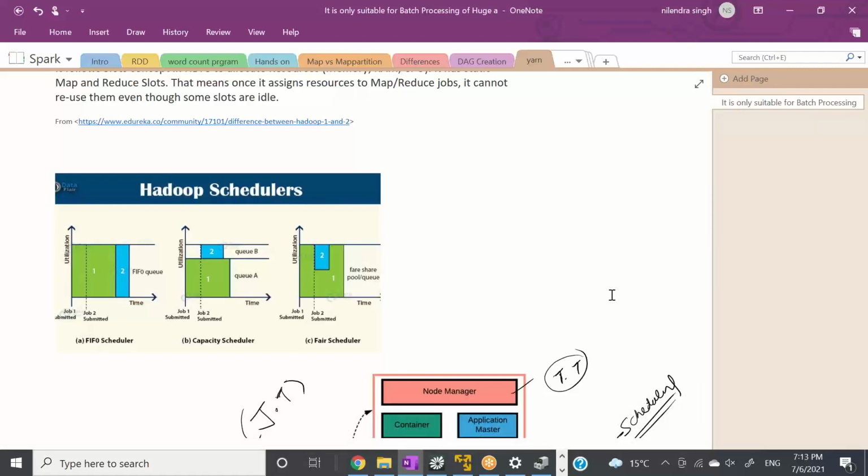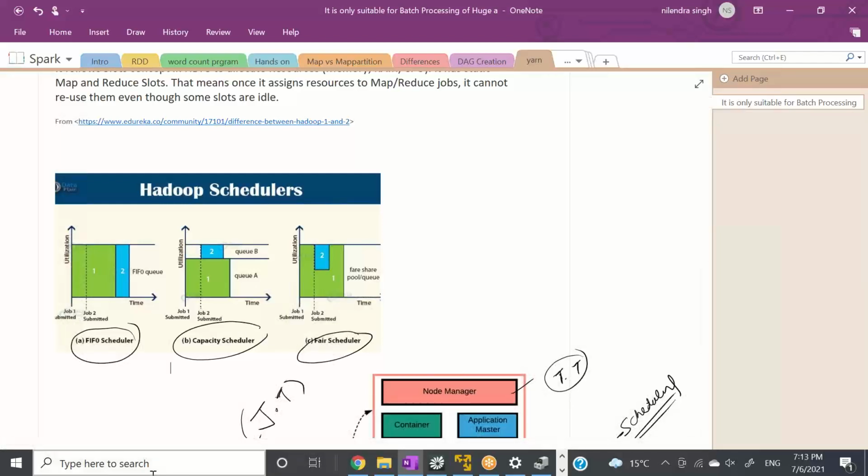So basically, it can use the FIFO scheduler. As soon as, let's say, you submit the first job, it will use the cluster and run the job. Once it succeeds, the next job will run. This is called the FIFO scheduler, right? But the FIFO scheduler is good for a single tenant, if you are the only owner. But there can be other types of scheduler. If your cluster is shared, in production or in industry, you are not the only owner of the cluster. There are multiple teams using the cluster, and that's where the other kinds of scheduler come in. Capacity scheduler, like how your job is using capacity. Fair scheduler means every job inside the cluster should get a fair share of the resources in the cluster, right?